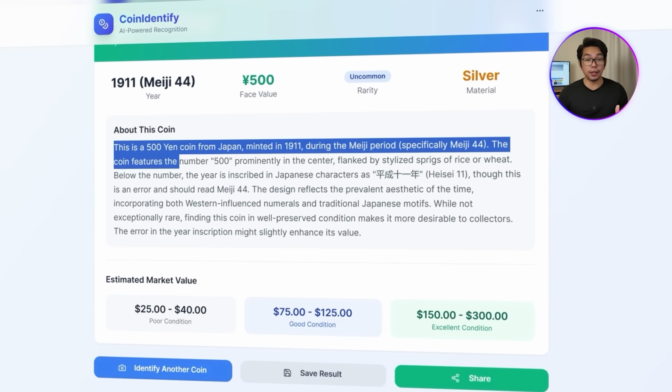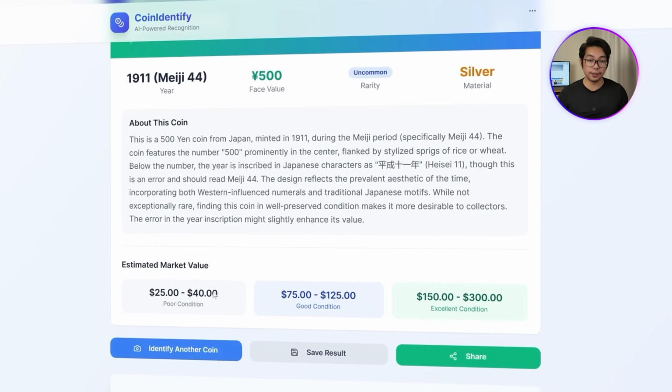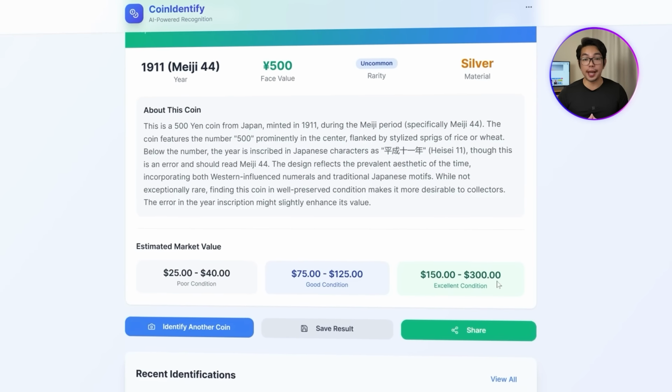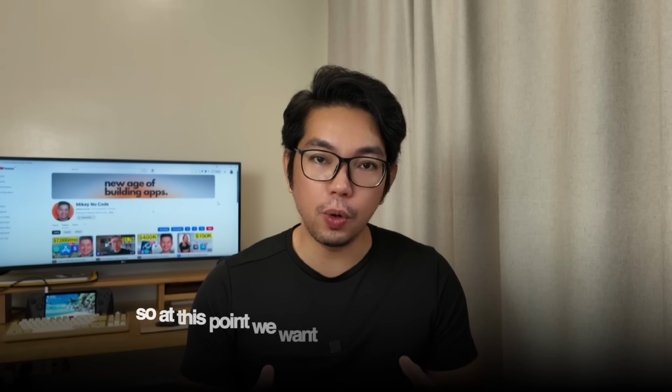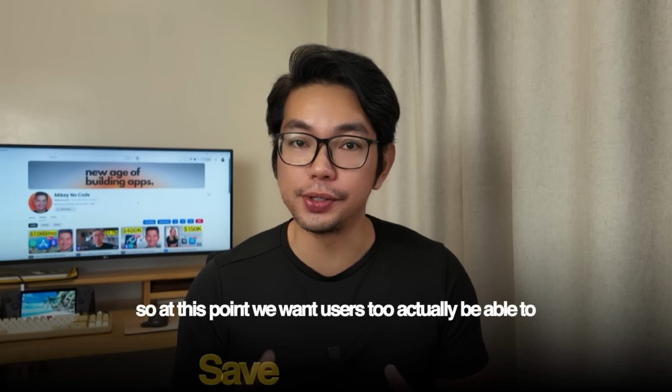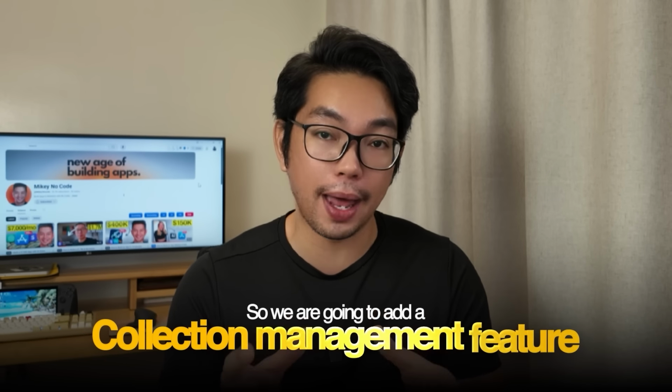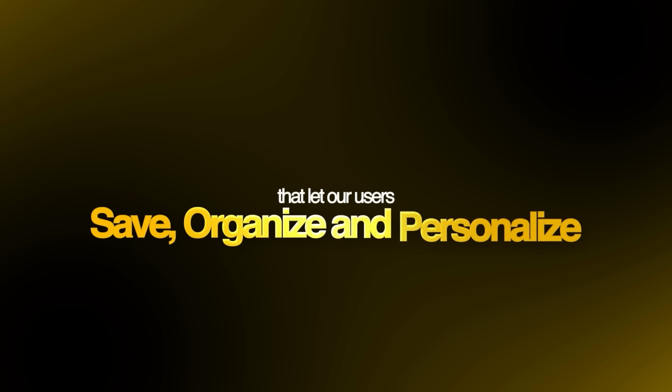And so far, everything looks complete and well organized. Each scan gives a full snapshot of the coin's profile in just a few seconds. So at this point, we want users to actually be able to save the coins they've identified. Now, it's one thing to get accurate identification, but collectors need a way to organize and keep track of their finds. So we're going to add a collection management feature that lets our users save, organize, and personalize the coins